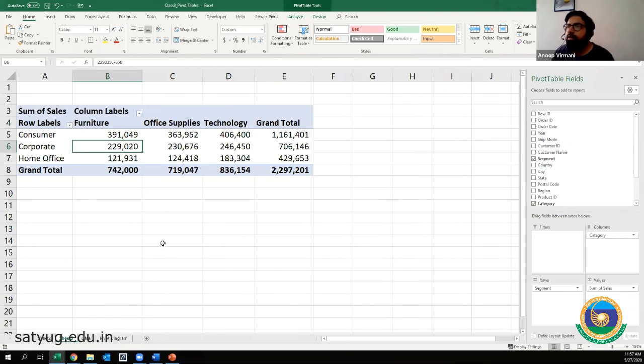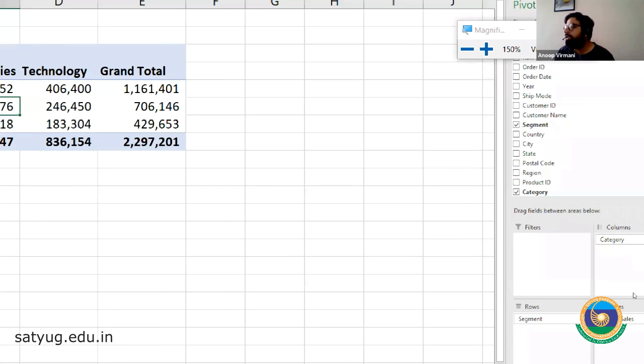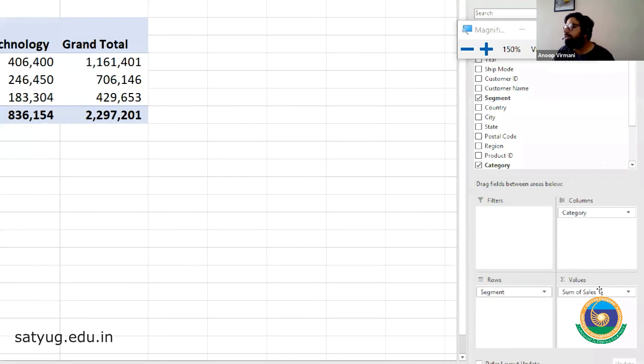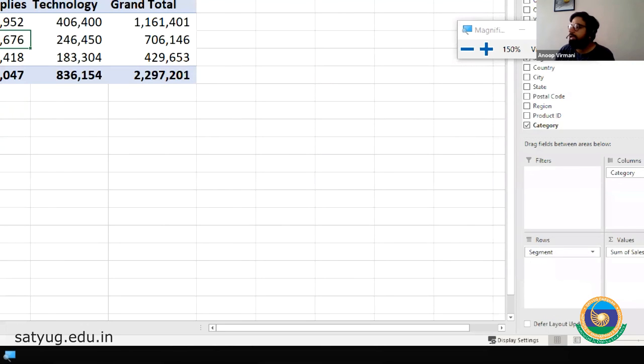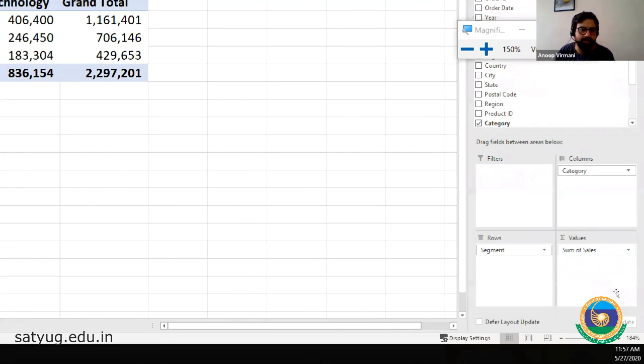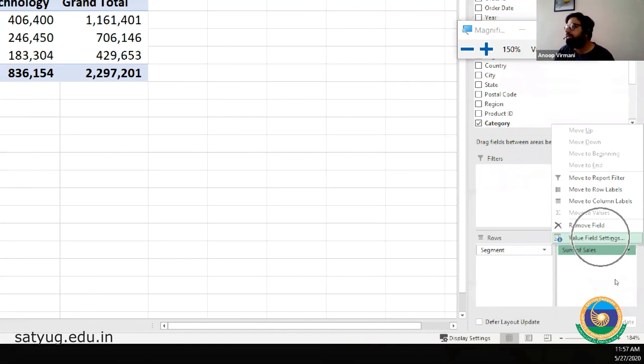So sales of category and segment is given here. Now we can choose a different summarization value. As you see in Excel, by default it is taking the sum of sales, right? What we can do, we go to this, choose this value field setting. In the value field setting,